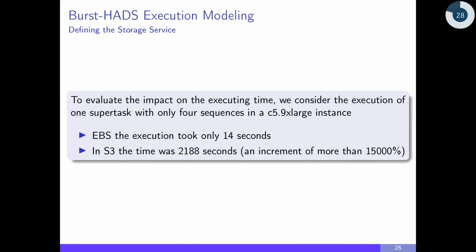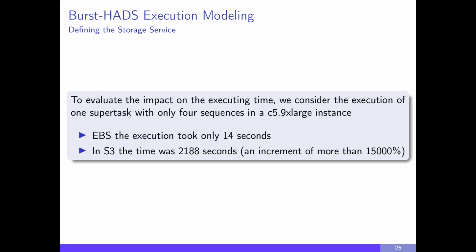So to evaluate the impact of the execution, we consider a supertask with only 4 sequences, and we use the VM C590X, and the difference between the execution time when we use each one of the services was huge. In EBS, the execution took only 14 seconds. In S3, the time was